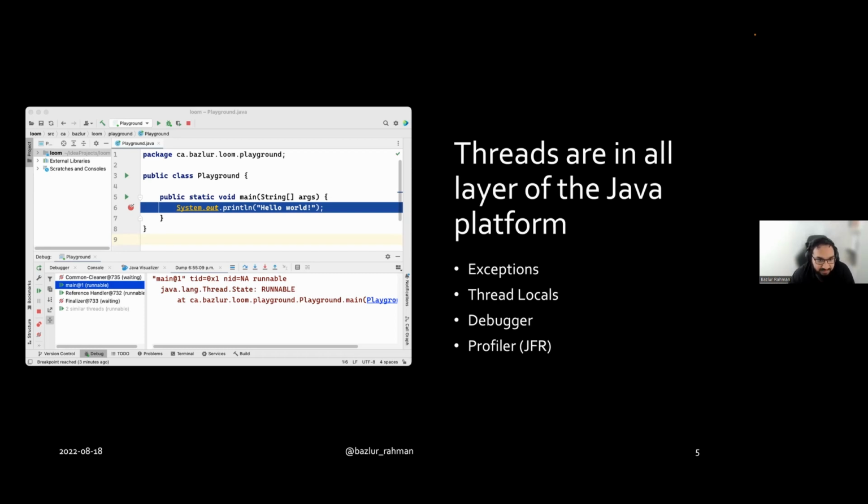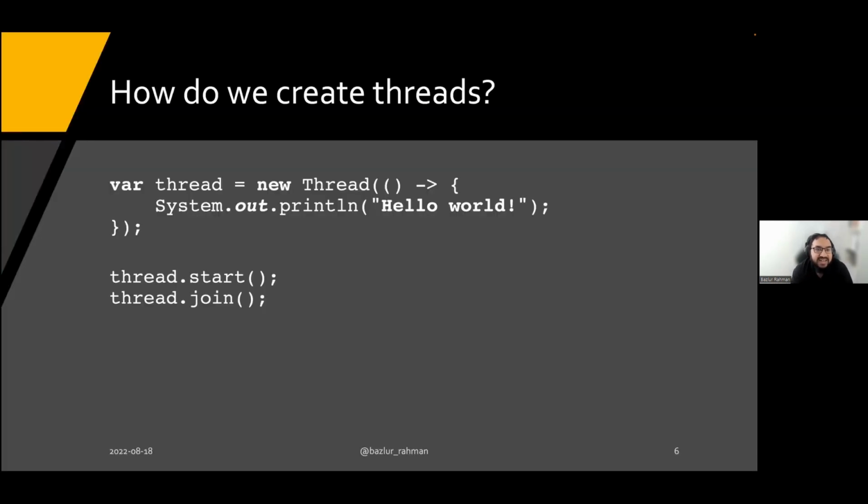So moving on. Now, how do we create threads in our applications? Typically, we create a new instance of Thread. Thread is basically a wrapper of a native thread. What I mean by native thread, I'm going to come to in a minute, but this is how we create threads programmatically.